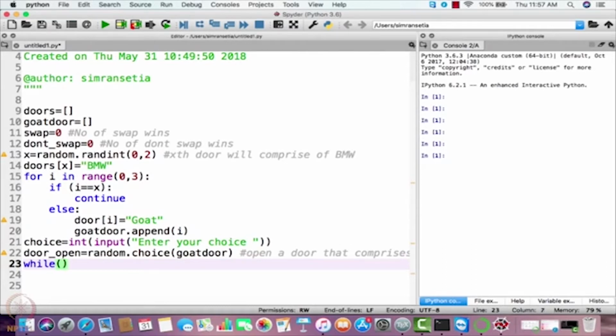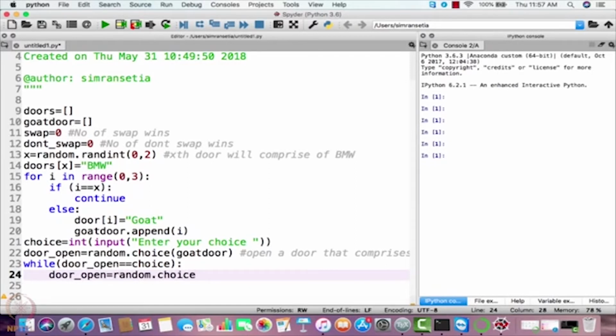So I'll just have a while loop here. While door open is equal to choice, I'll again and again choose it randomly from the list goat door. So I'll just write door open is equal to random dot choice goat door.